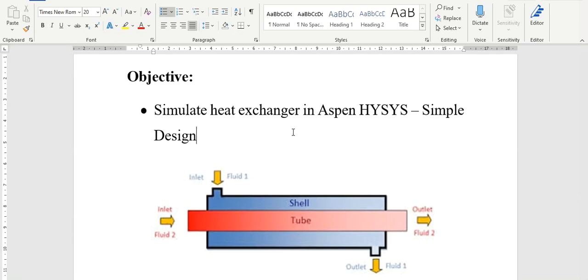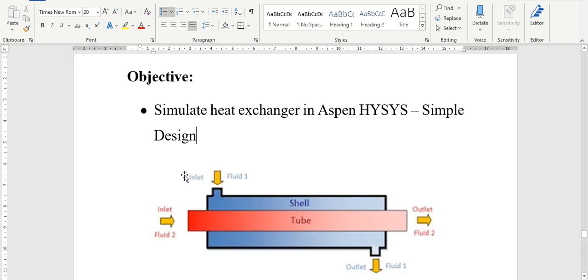In today's simulation exercise, we will simulate a heat exchanger in Aspen HYSYS, and this will be a simple design of a heat exchanger. In the next video, which will be lecture number 16, we will simulate a heat exchanger using the rigorous design methodology. So in the heat exchanger, we're considering the shell and tube type, and in the diagram you can see that in